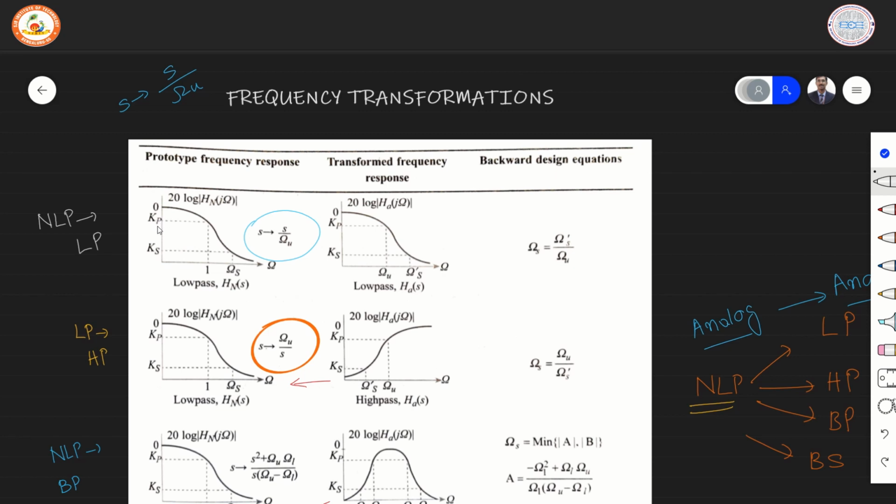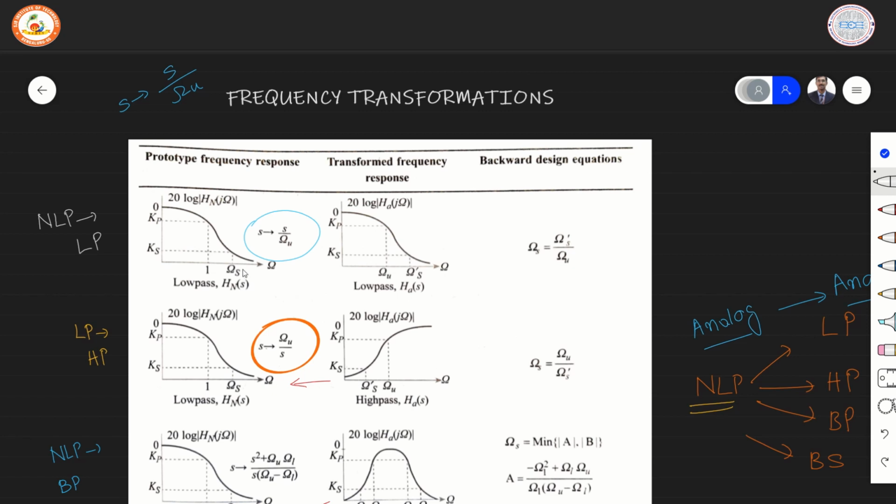The parameters Kp and Ks illustrate the gains at the two edge frequencies respectively. Hn indicates it's for a normalized or a prototype filter. We observe that the edge of the passband is at 1 and the stop band edge frequency is indicated as